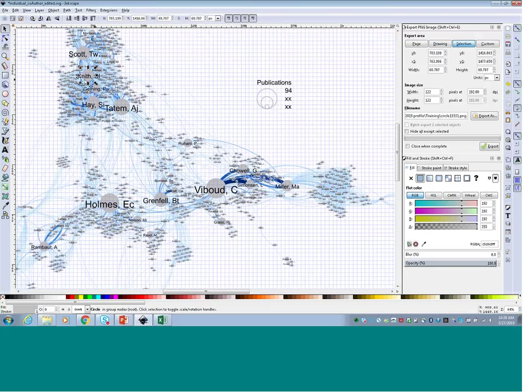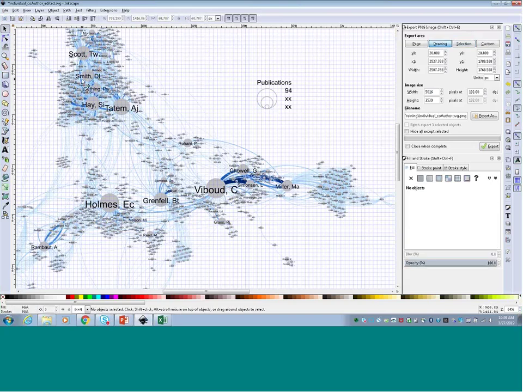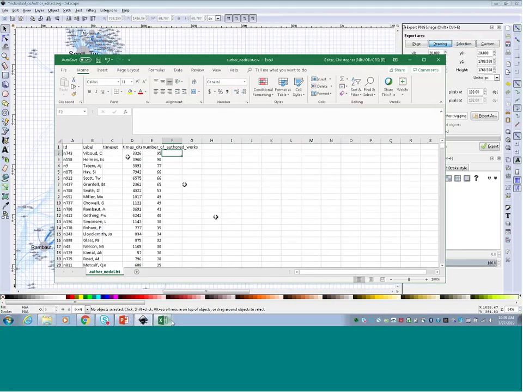So I'm going to then use this Smith D to go back to my node list and find where that person is. So in this case, Smith D has 53 publications. It's again a little bit larger than what I want, so then I'm going to look for this Miller MA, and that's probably the size that's correct for what I'm looking for.